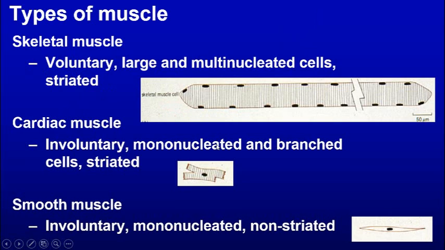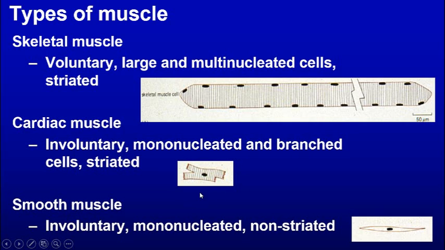So of the three types, you've got skeletal muscle: multinucleated, large cell, striated. It is voluntary. We can control it. I'm controlling it right now when I'm speaking to you. The cardiac muscle is involuntary. I can't tell it to speed up. I can think of something to make it speed up. Think of a bear, it may speed up, but I can't make it do it directly. And it's got usually one cell, sometimes two nuclei, one or two nuclei, and it's branched, so it can connect